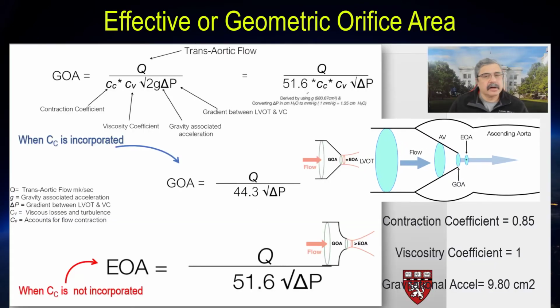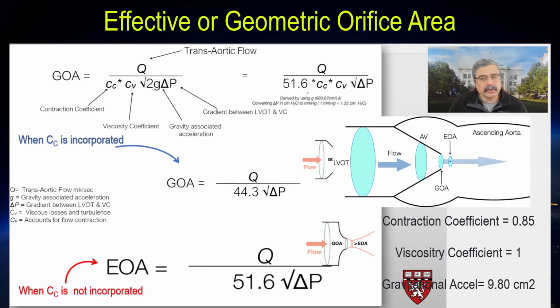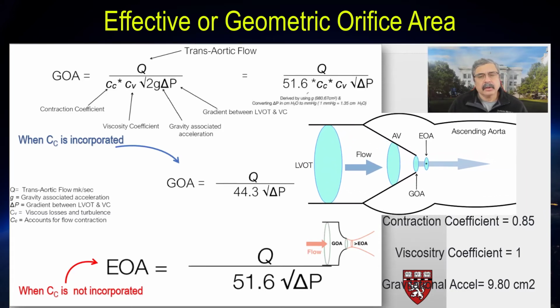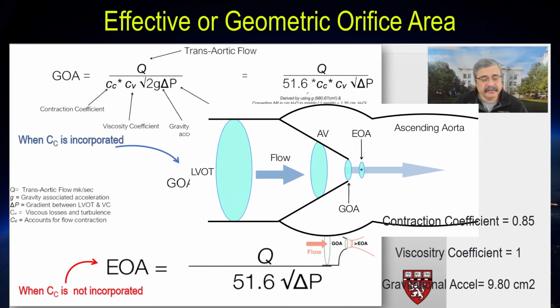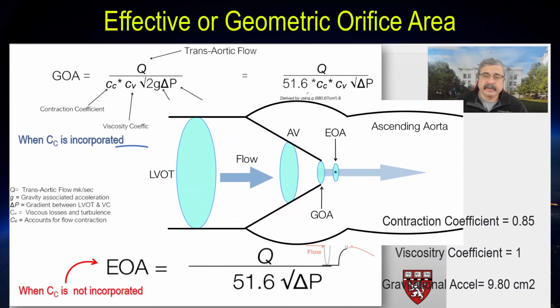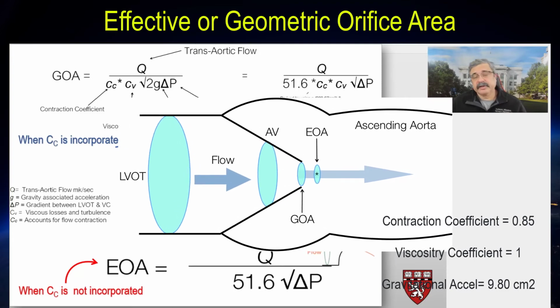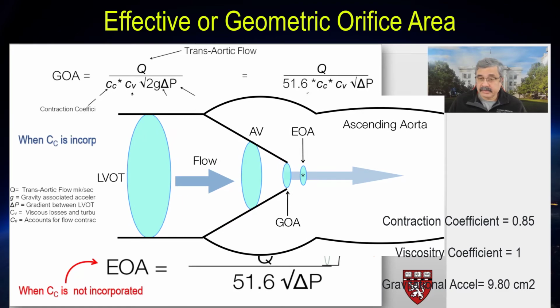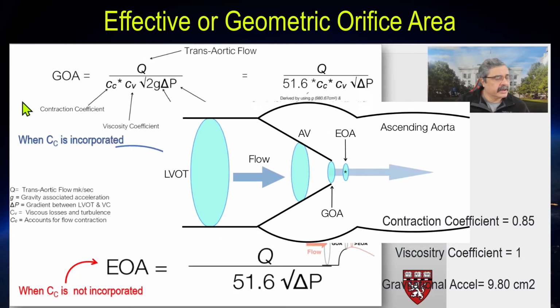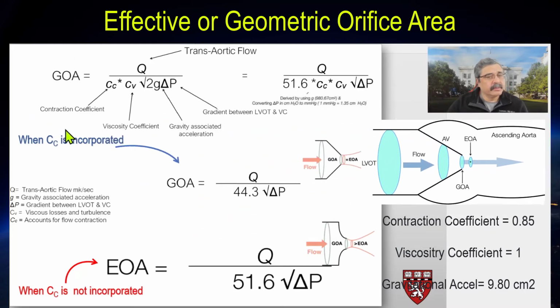So now let's get started with the more complicated portions of the Gorlin equation and try to understand what exactly is measured by the Gorlin equation. Is it the geometric orifice area, or is it the effective orifice area? Effective orifice area being the area of the vena contracta, and geometric orifice area being the true anatomical area of the aortic valve. So as it stands, the Gorlin equation in its final form is designed to measure the geometric